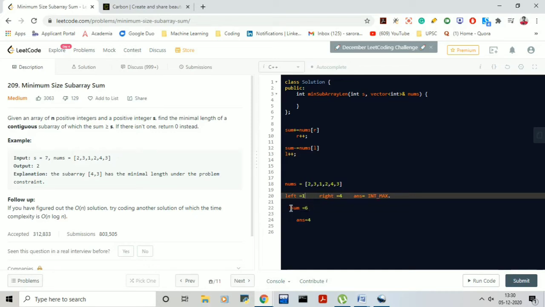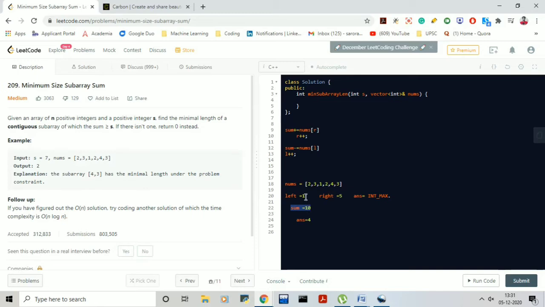Simple, right? Now we check again: is this more than or equal to 7? No, it means we don't need to subtract more because the sum has become smaller. So we go again for the normal step, which is to start incrementing right. Right is at the fourth location, so 6 plus this location's value, which is 4, becomes 10, and right is incremented by 1, so it becomes 5. Again we check: this 10 is more than or equal to the given value 7, so our answer could be right minus left, which is 5 minus 1, eventually 4 itself. We take the minimum, and the minimum is still 4, so there is no sense in updating it.